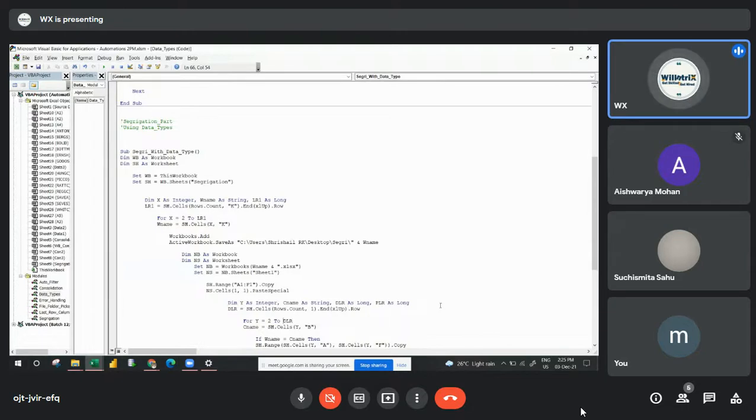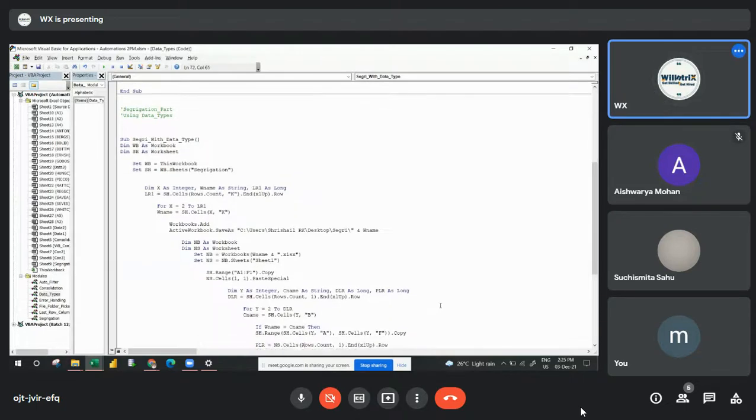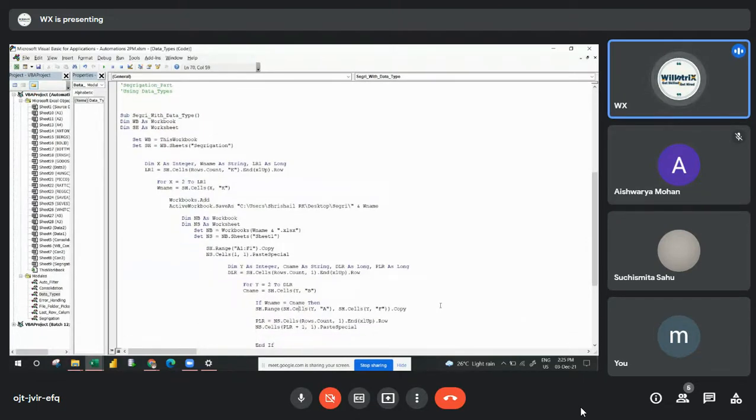Then that DLR I use to loop here, 2 to 283. That DLR is what I'm giving for my end here. Then C name is SH cells of Y comma P. Then I'm actually using an if condition to match that customer name and the W name, if it's matching. Then I'm copying that range, first here in range SH, then SH cells Y is the loop and